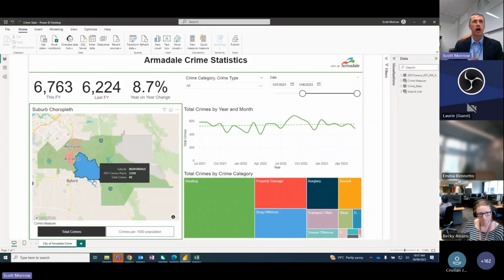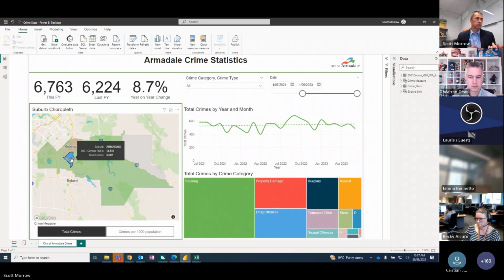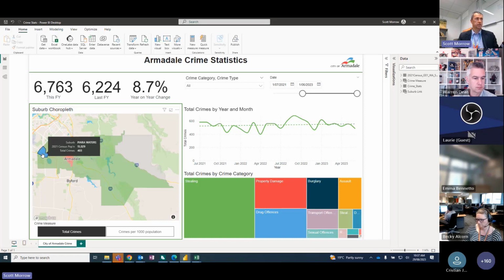And going back to here, probably the other feature that I was keen to bring in, and I'll highlight this right now. So if we look at City of Armidale, and I'll speak a little bit towards geography and how it's made up. Armidale, the suburb within the greater city, is effectively the larger hub where most of the shopping and entertainment precinct might be, and you can see that there's a population of 13,000 here,